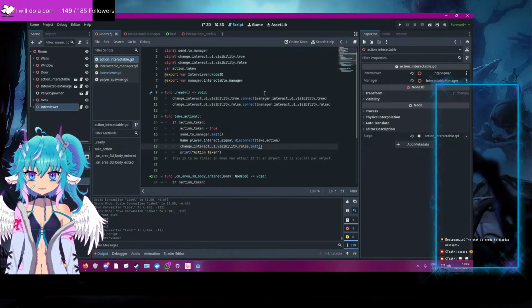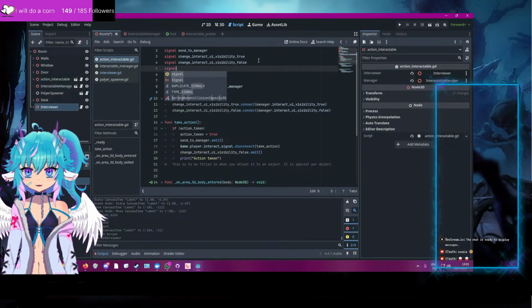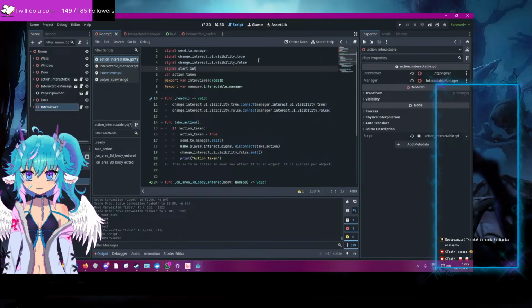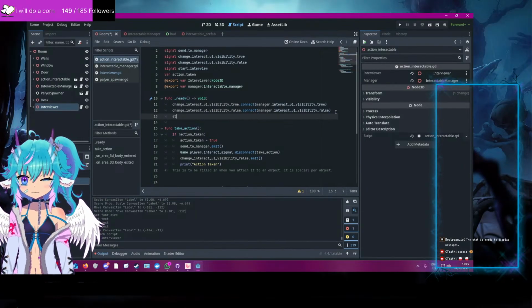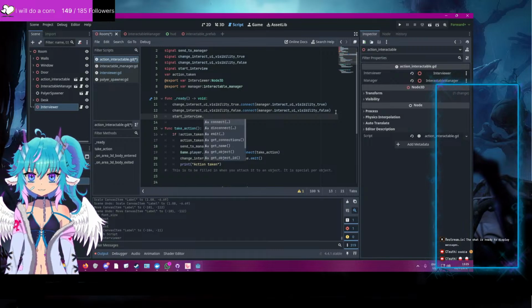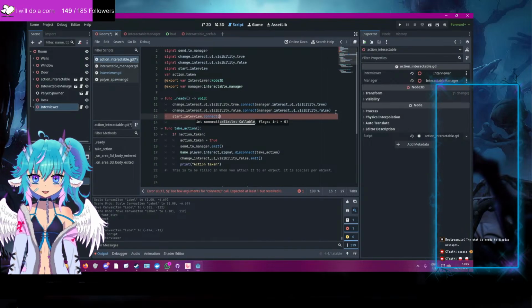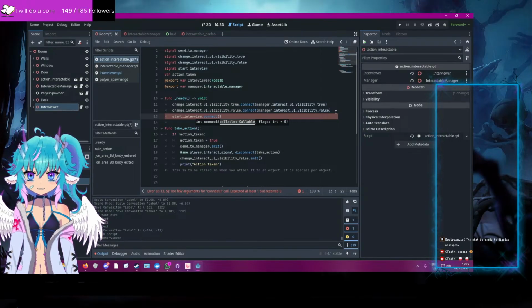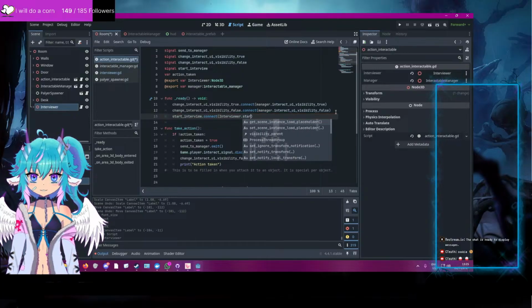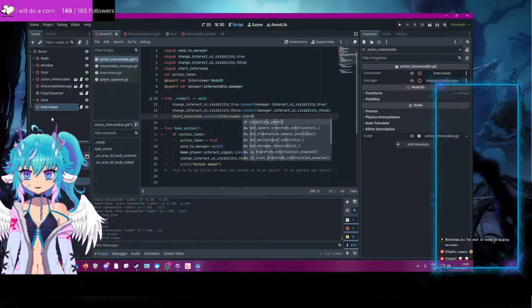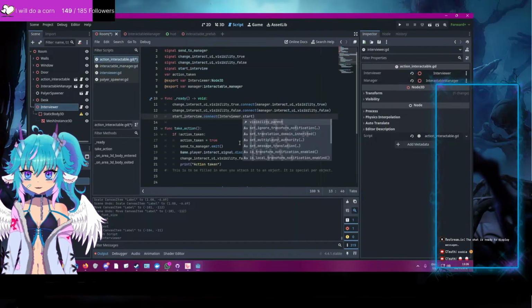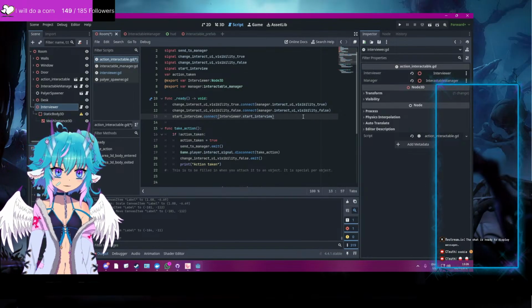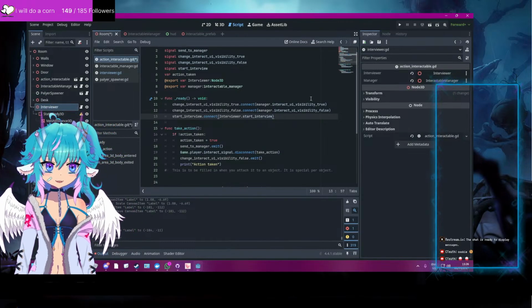Right, and then here we have signal start interview, and on this we do start interview dot connect, and that will be then the interviewer dot start interview. So now it's connected to it, and once this emits the signal, it should start this method,